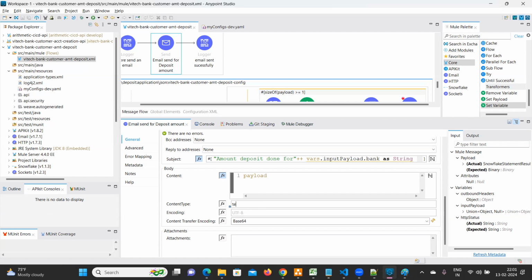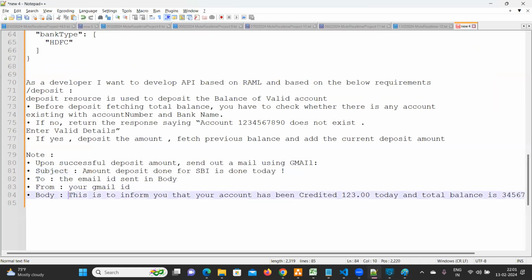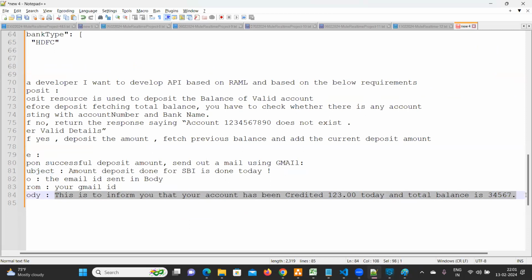So the content type, always, this is very important. You have to provide the content type: text slash plain. Even if you remove this, there is some value it is showing, but the actual value we have to provide. Text slash plain. Now this payload, this is to inform you that this one we have to